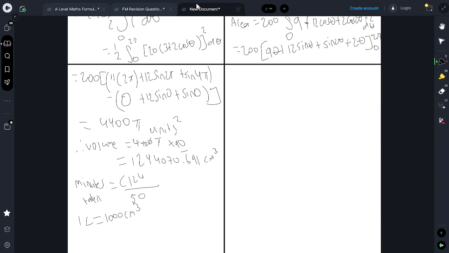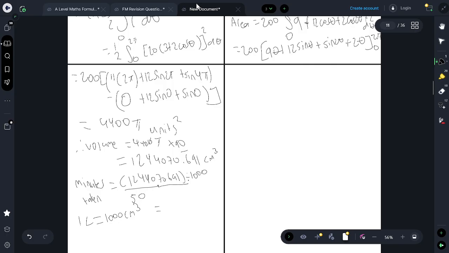That's 1244070.691 in centimetres cubed. To get it to litres, we're going to divide by 1,000. And so the minutes taken, if we put that into the calculator, divide by 1,000 and then divide by 50, you get